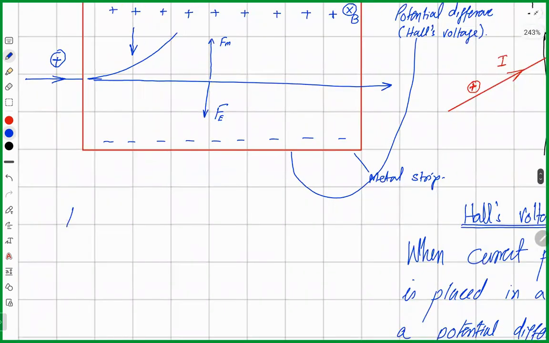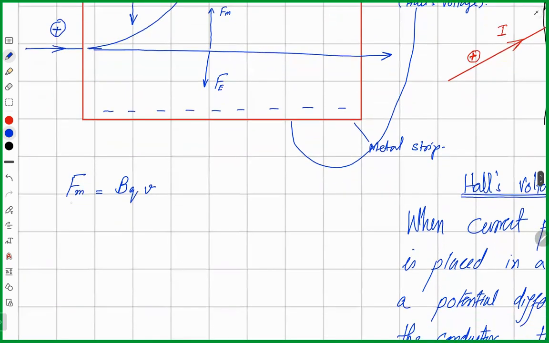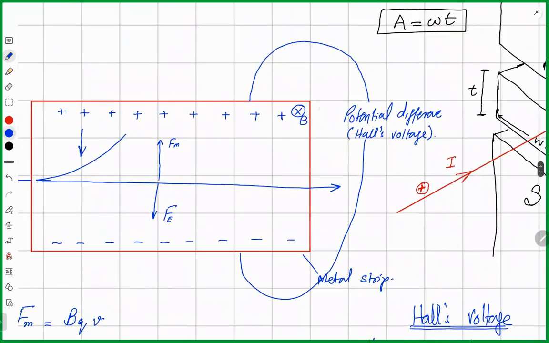Now, force because of the magnetic field equals BQV, and force because of electric field will be EQ, and E equals potential difference divided by distance. Remember, this is Hall's voltage. Listen, if we know this distance,